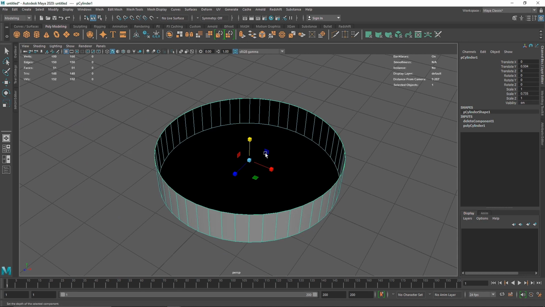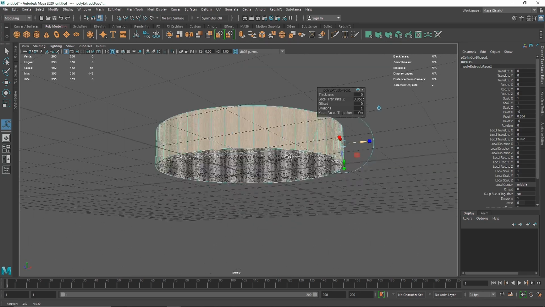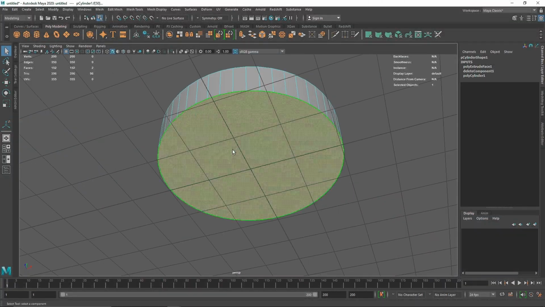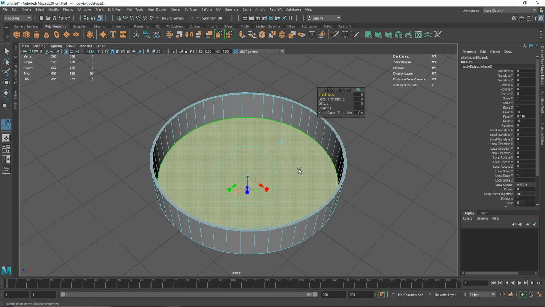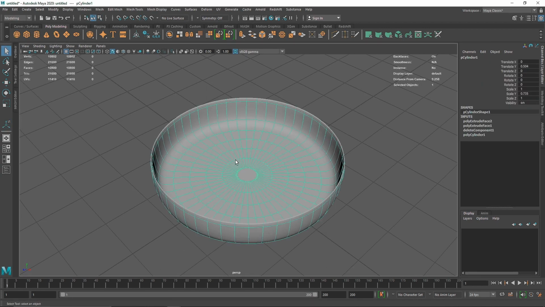I'm going to hit extrude. Let's extrude this outside just so we have enough depth in our scene. Alright, so once you are done with this, select both the faces, hit extrude, and from here you can extrude this inside and just increase the subdivision levels to something like maybe 4 or 5, whatever suits you. Alright, so if you press 3 here, we have something like this. So let's fix this quickly.